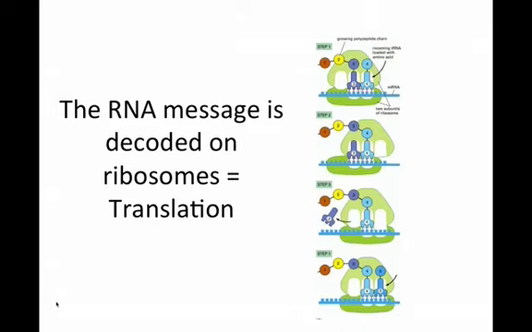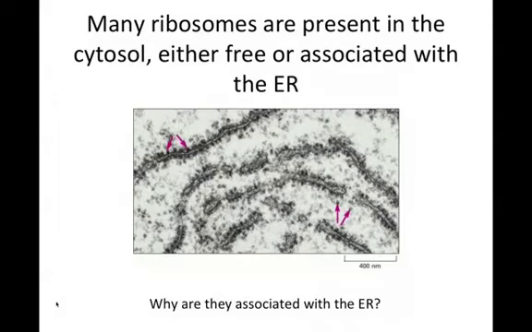snRNA, miRNA, small nuclear, small nucleolar RNAs, all of the RNAs involved in splicing. Okay, there's a lot of RNAs. We all have to acknowledge the fact there's a lot more than just mRNA. Good. So then you have translation.